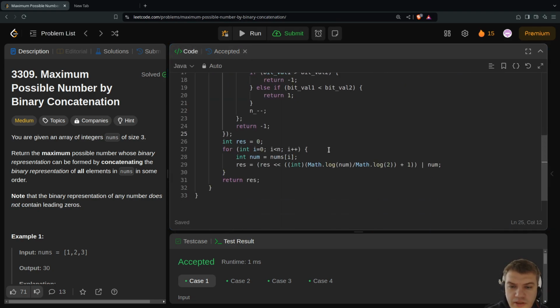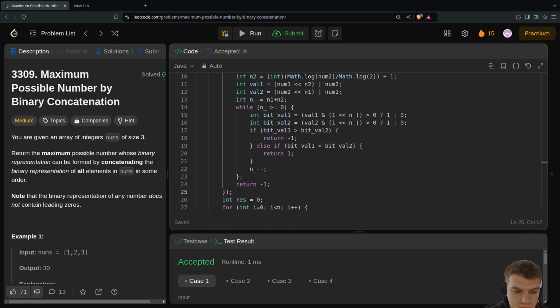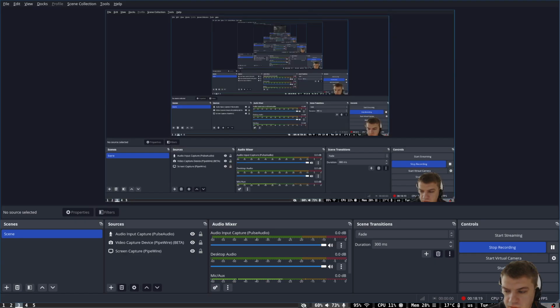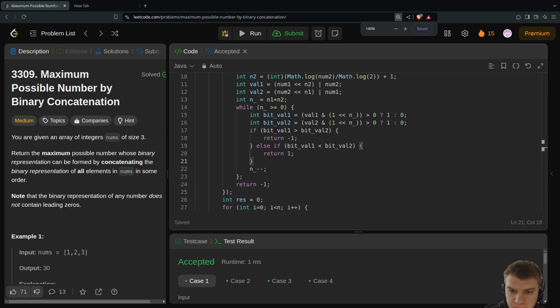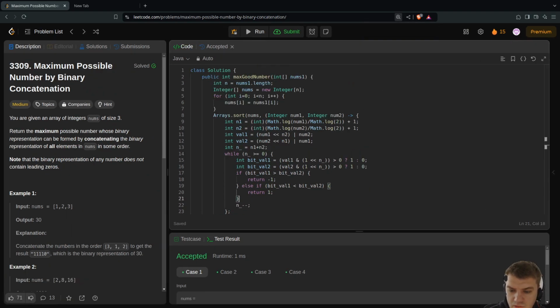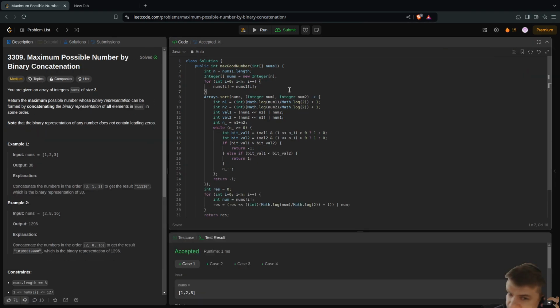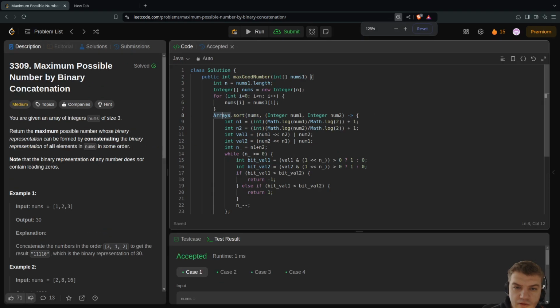So that's it. There were some minor, I would say, errors. Let me just zoom out and explain what I did. So the first step for this problem is Java specific. I need to convert int nums into Integer nums by copying just the numbers,